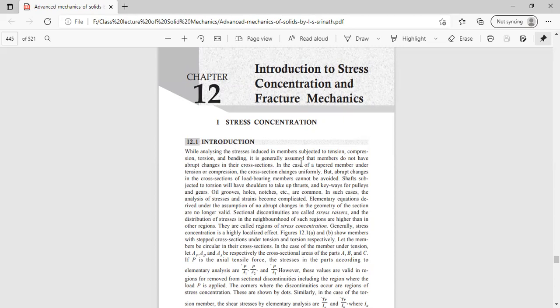But this prismatic bar may be uniform throughout its length, with a cross-section area that is uniform, or the cross-section can vary uniformly from minimum to maximum or maximum to minimum, or it can vary abruptly at a certain section. It can reduce, or it can increase, or sometimes reduce further. So there is an abrupt rise in the induced stress, because if we apply the same load throughout the length of the bar, then the stress in the portion of the lower cross-section will be more than the stress in the portion of the higher cross-section.